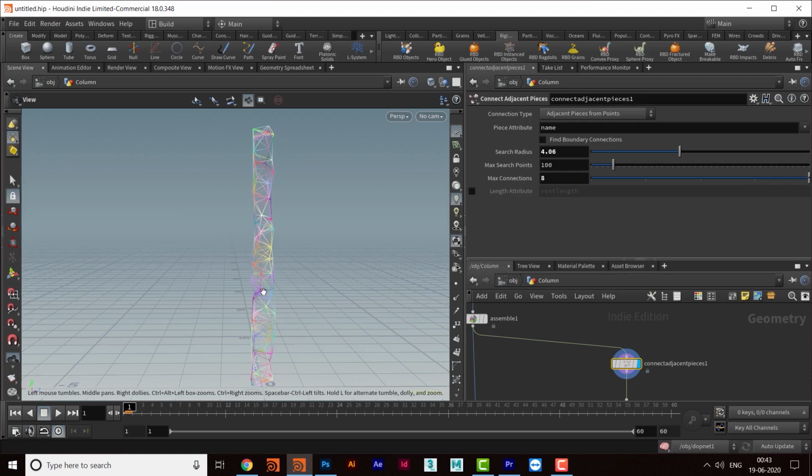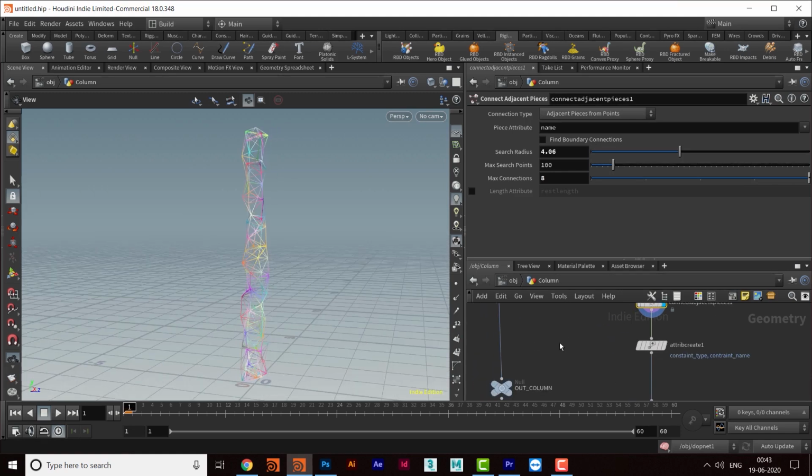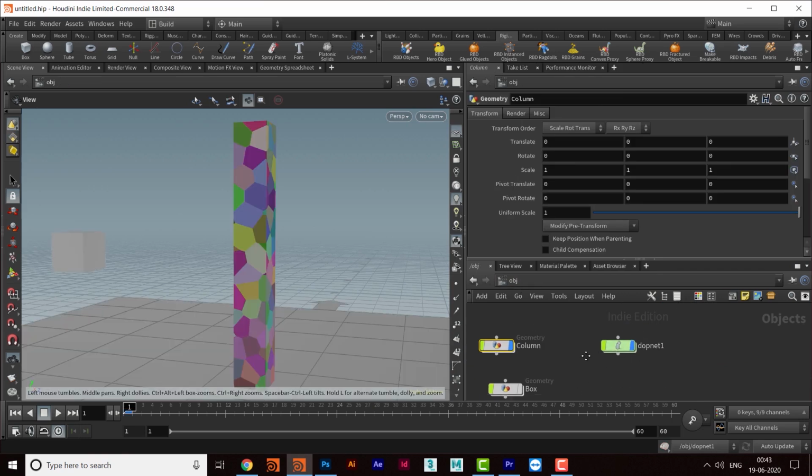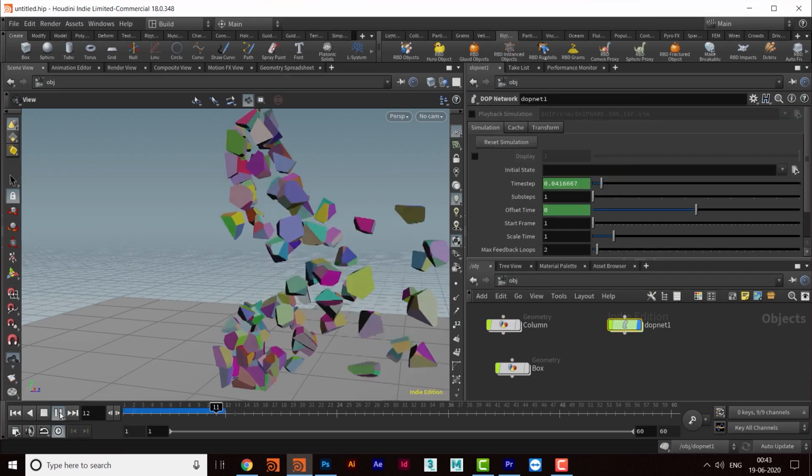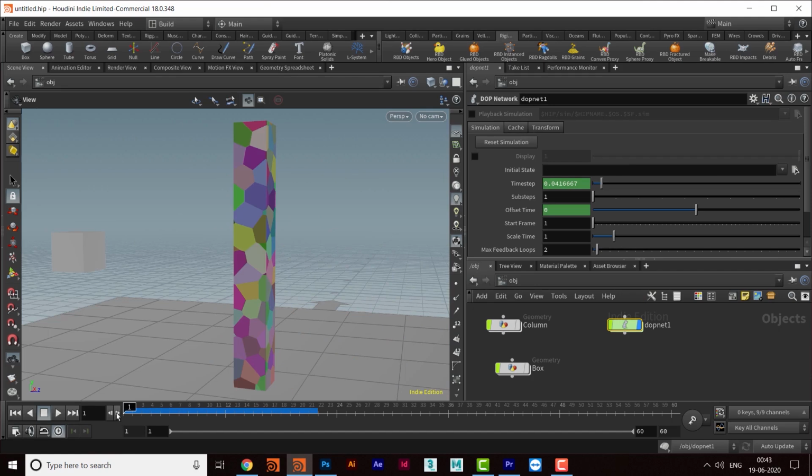Okay, and now the constraint network is created, and then we will go back and see things there. So I'll click and switch it off and then play it again. Okay, so I will increase the strength now.